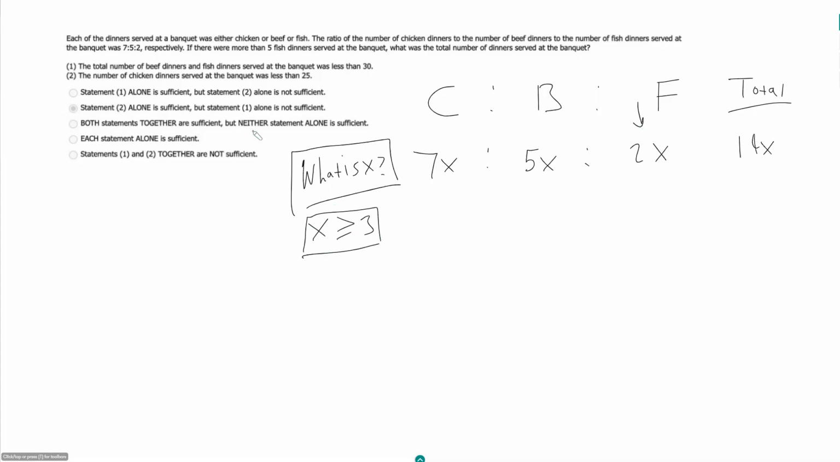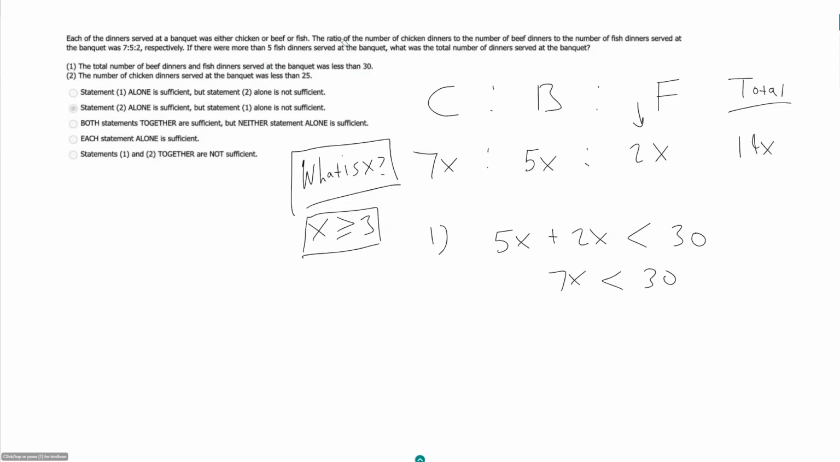So given this, let's look at our statements. The total number of beef dinners and fish dinners served at the banquet was less than 30. So beef plus fish, so 5x plus 2x is less than 30. So 7x is less than 30. Remember, x is some integer multiplier here. We can't have